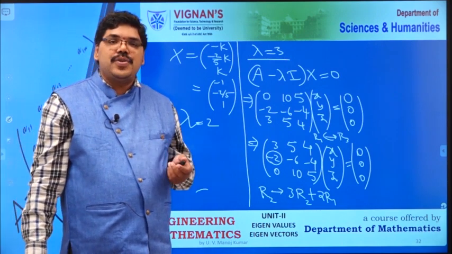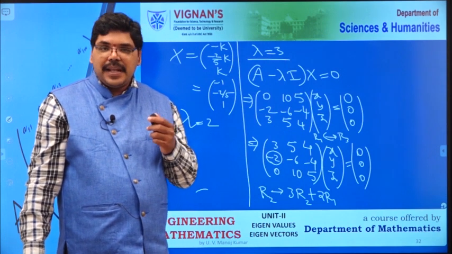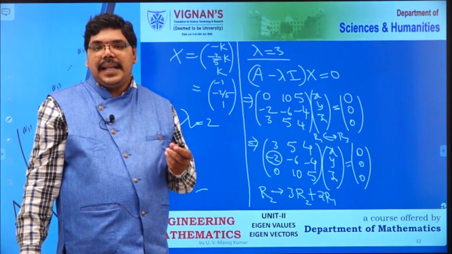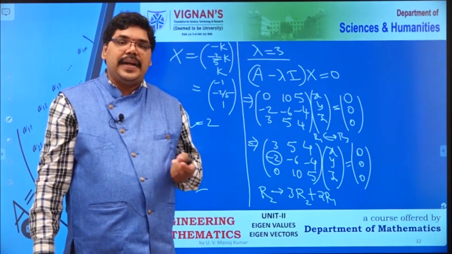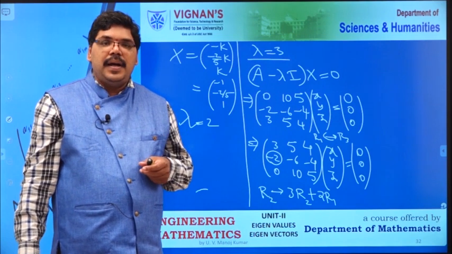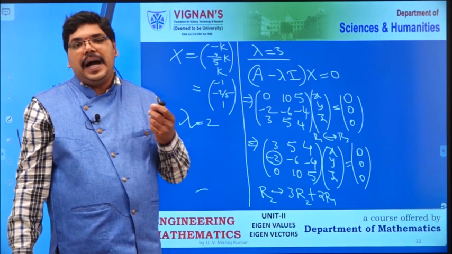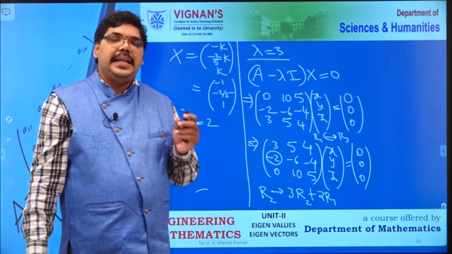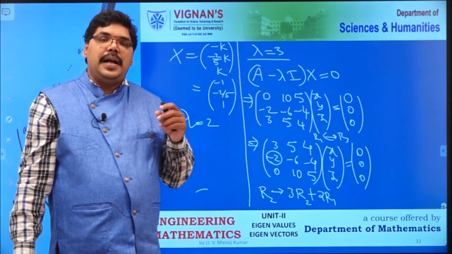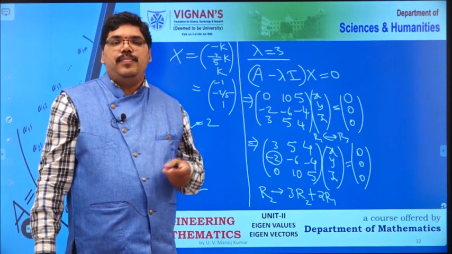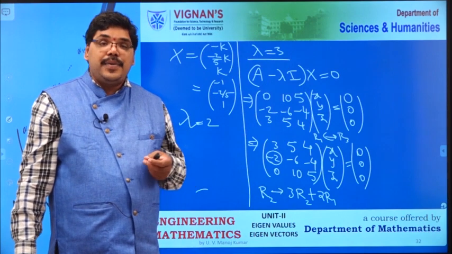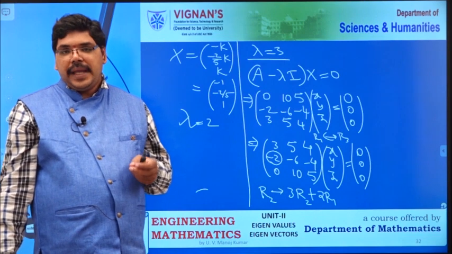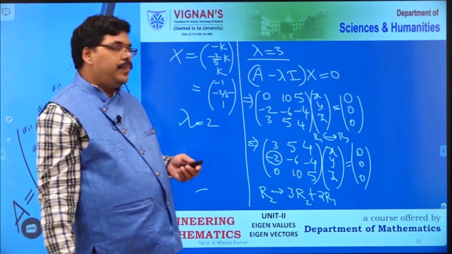If the eigenvalues are not repeating, if the eigenvalues are different, all 3 eigenvalues being distinct, then we will get 3 different eigenvectors. We already saw that in the previous problem. When an upper triangular matrix was given to us, we saw that 3 different eigenvalues were there and we got 3 different eigenvectors also. But here in this problem, an eigenvalue is repeated and we are getting only 2 eigenvectors. Okay, this is the specialty of the present problem.